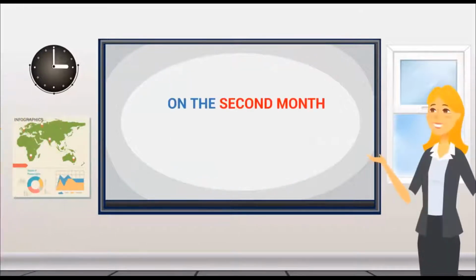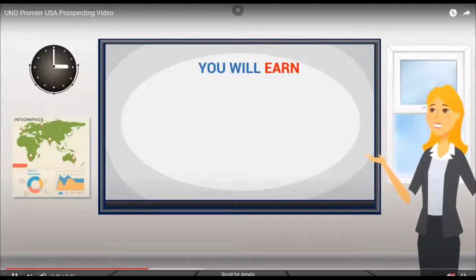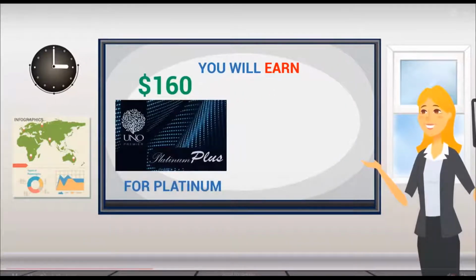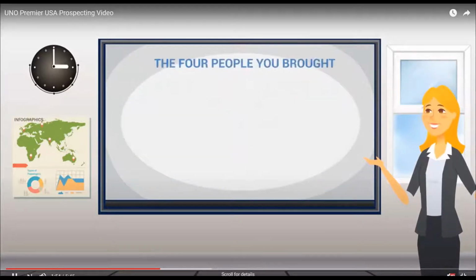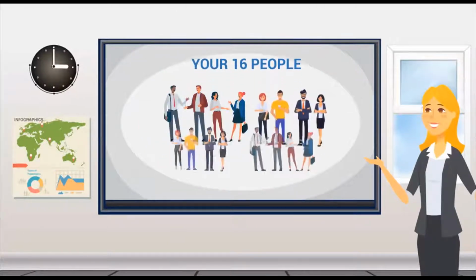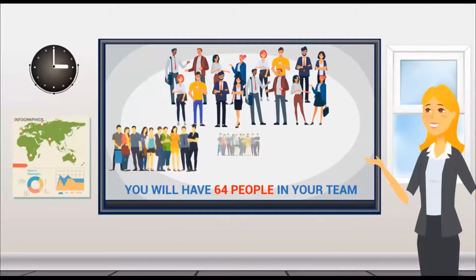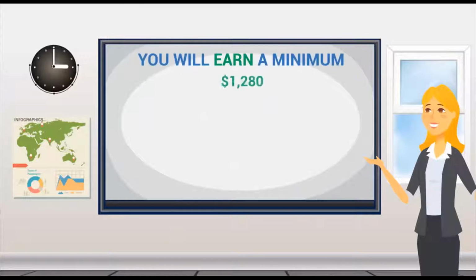On the second month, when you help your 4 bring in their 4, you will earn a minimum of $160 for platinum and $3,840 for global. The 4 people you brought in the first month are now earning what you earned on your first month. On the third month, your 16 people will also bring in their 4 people, so you will have 64 people in your team and you will earn a minimum of